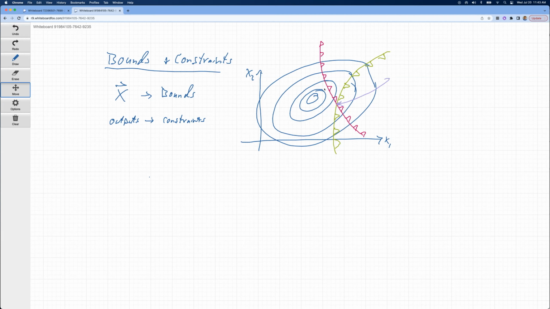But optimization algorithms, again, they're trying to find that point, but they don't know where it is a priori, and they can't visualize this whole design space, right? So optimization algorithms are trying to walk around in this region, and so let's say that we start with an initial guess over here. Well, that violates two of our constraints, right? And so one of the first things that the optimization algorithm is going to do is compute not only gradients with respect to the objective, but also gradients with respect to the constraints.